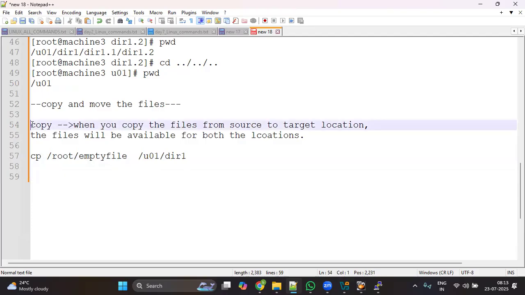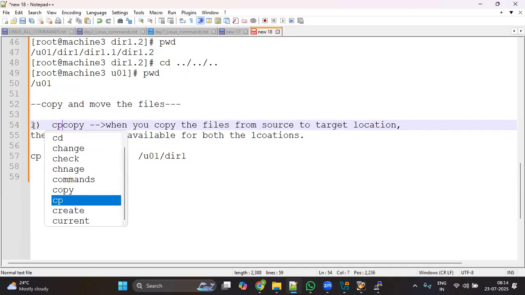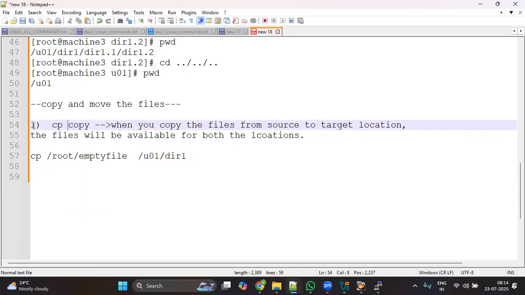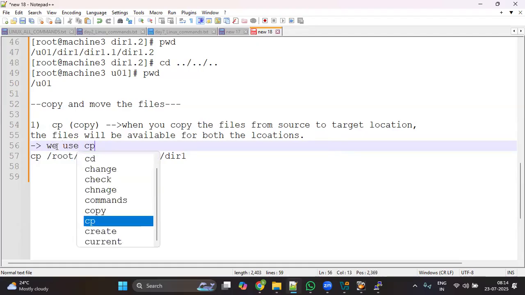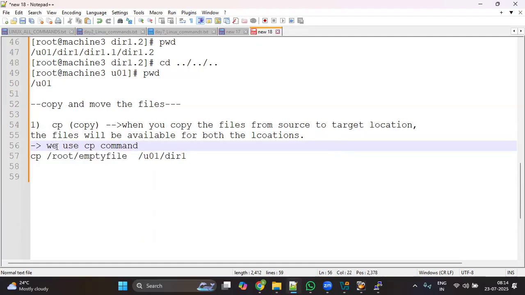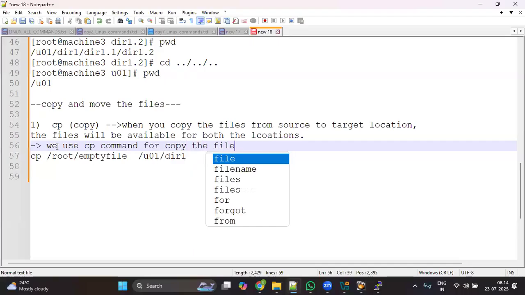We are using the copy command. How to copy the files? We are using the cp command. cp means copy. We use the cp command to copy the files